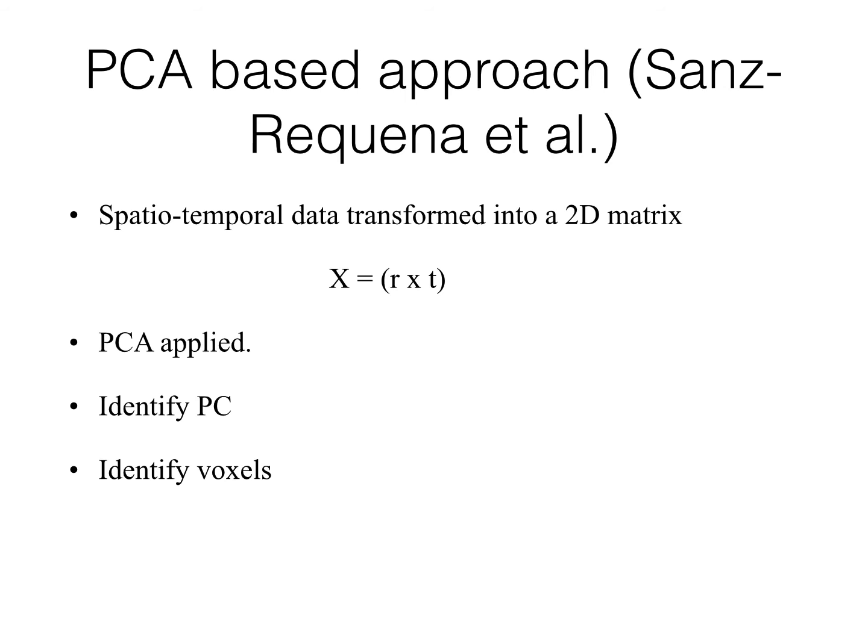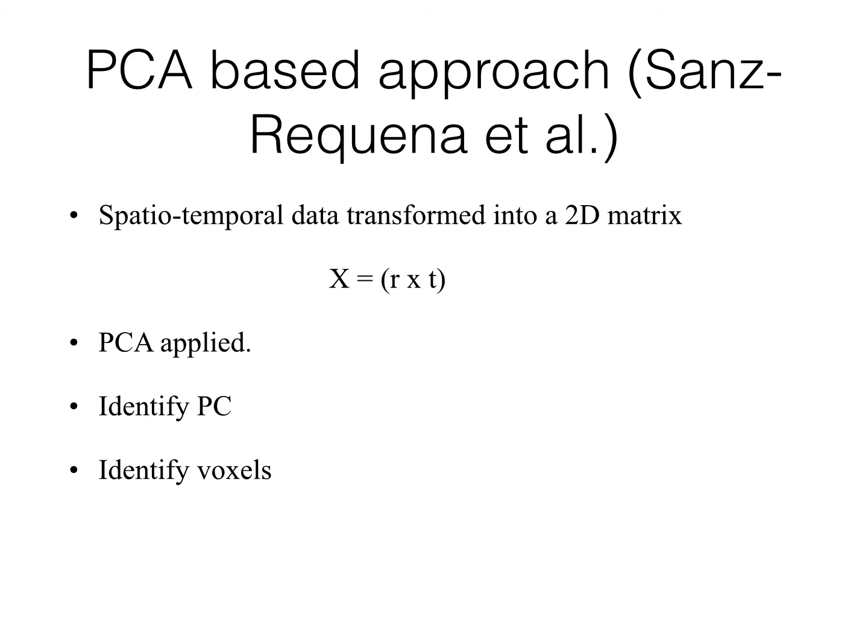which is a very recent technique presented at ISMRM 2014. So the idea is to convert the spatiotemporal data into a 2D matrix and then apply principal component analysis on the 2D spatiotemporal data. T is the time direction, and R is the spatial data, which can be either a 3D volume or a 2D slice, and in my case it is a 3D volume.